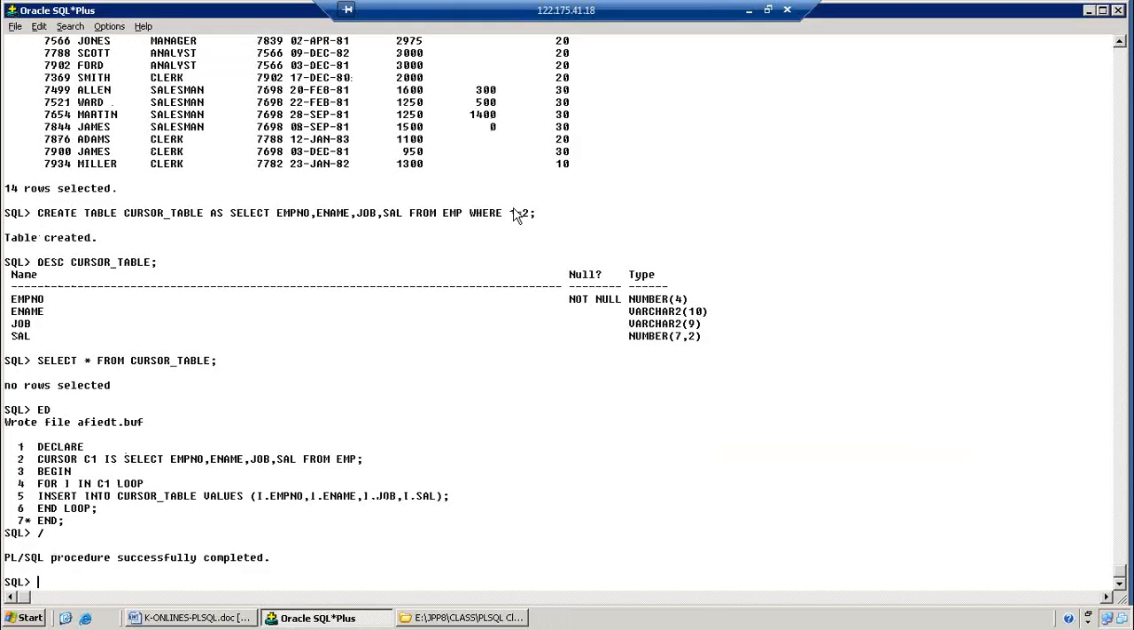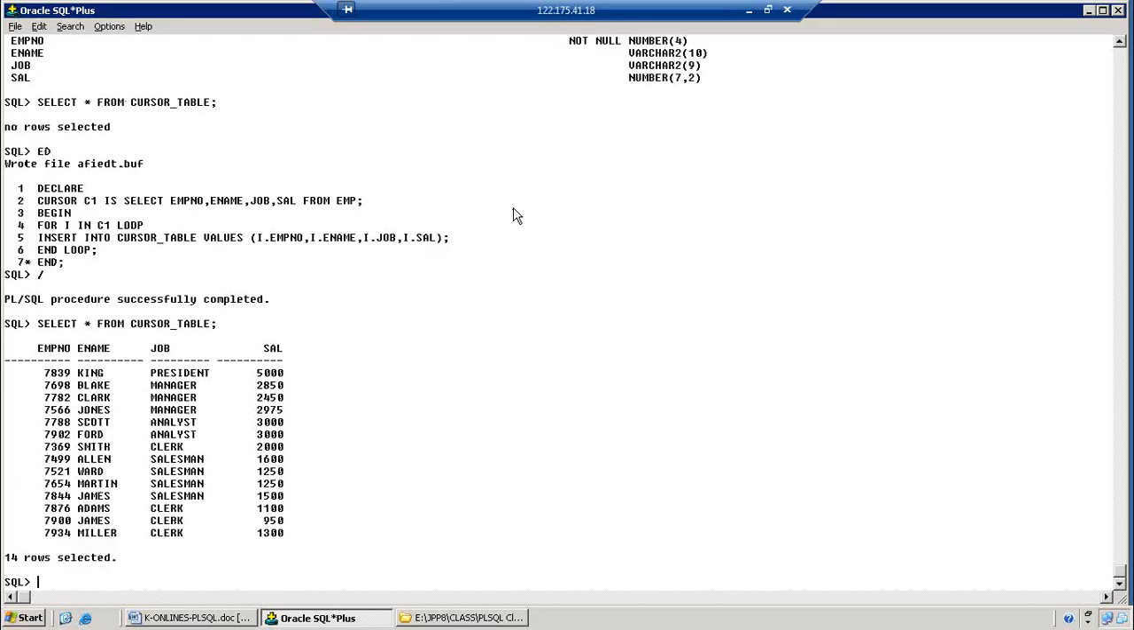PL/SQL procedure successfully completed. Here, why doesn't the program show us any result? We didn't specify any DBMS output, right? If you specify the DBMS output, it will clearly show us what data is inserted. Now I can go and check in my table,